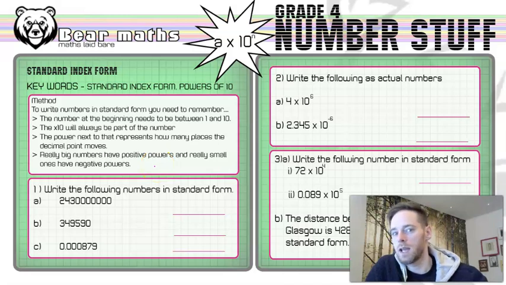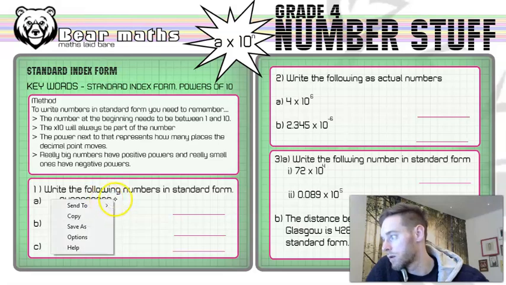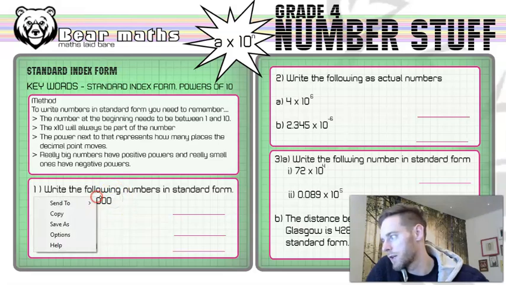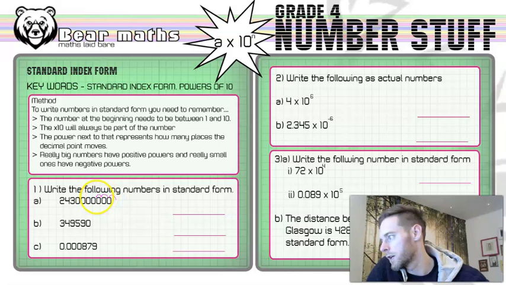Now in question 1, we've got to write the following numbers in standard form, and that is a case of thinking where the decimal place is. If there isn't one evident in the number, then it's at the very end. Count the places: 1, 2, 3, 4, 5, 6, 7, 8, 9 places. It's moved 9 places to make it